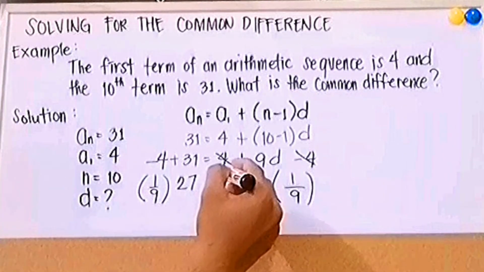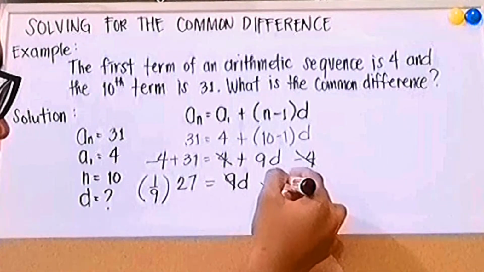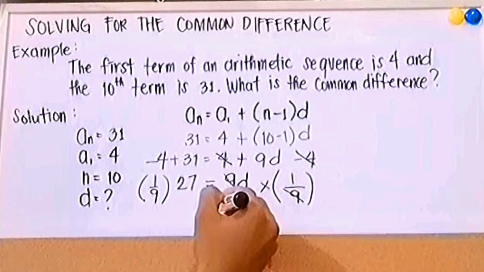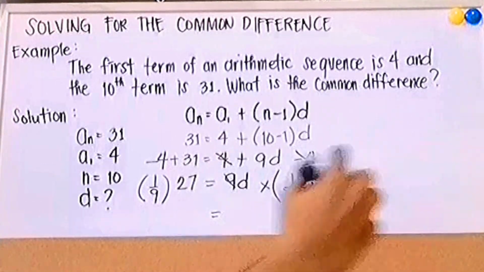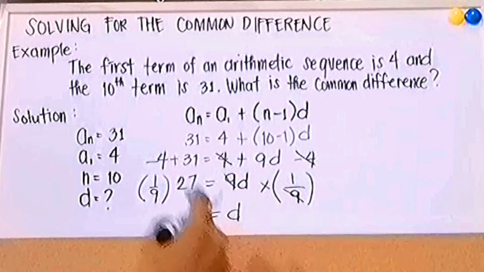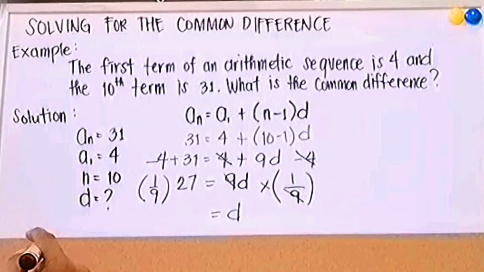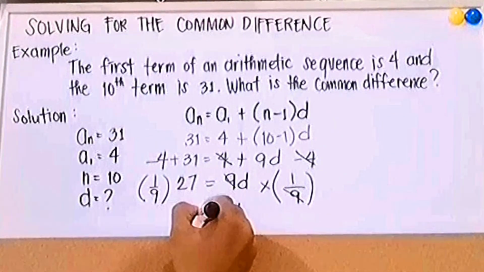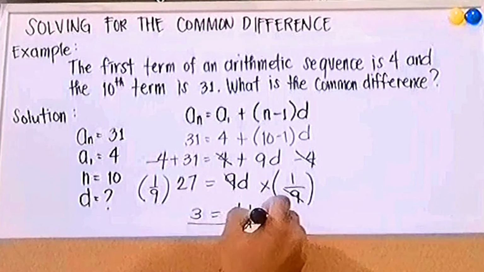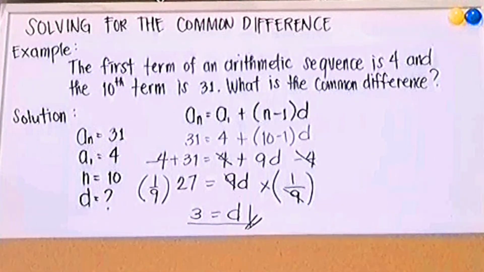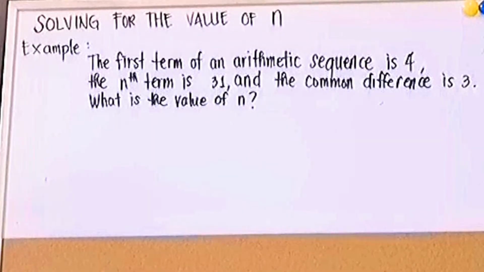Next, we can cancel out 9 now. What is left on the right side is D. And while on the left side, we have 3. So the common difference is 3. If you're asked to solve for the number of terms or the value of n, we can apply the same